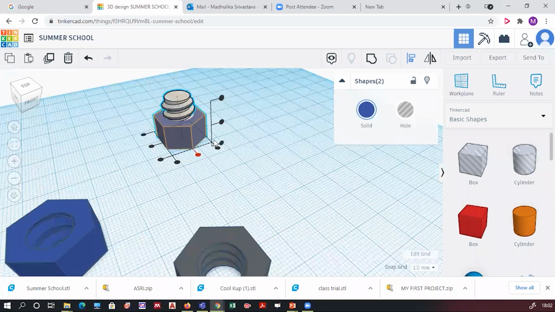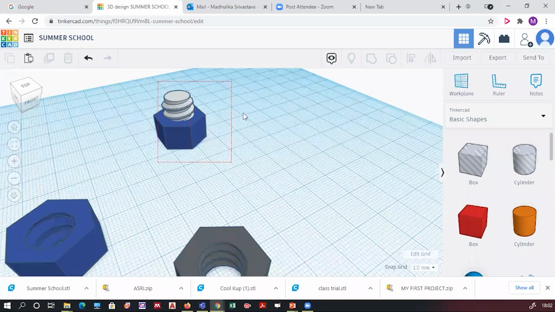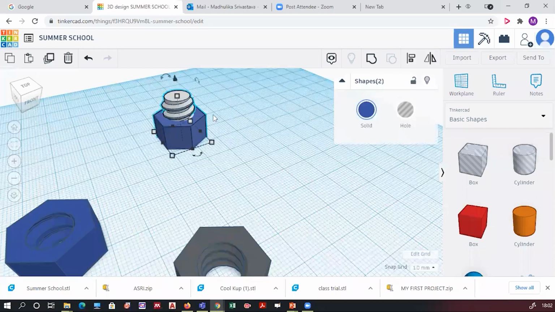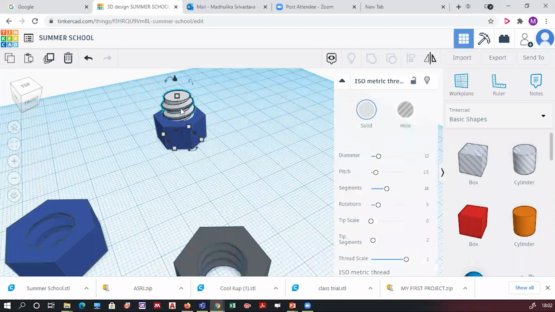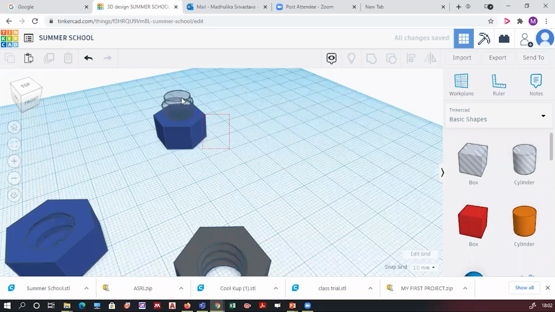Next, just select the spiral portion again and click on the hole. After doing that, select both the objects and just group them.